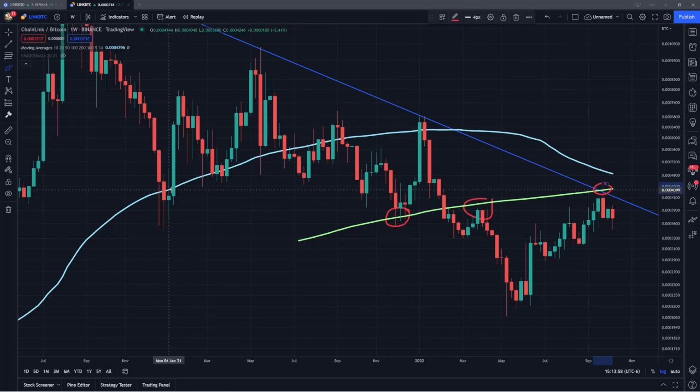You can see going all the way back here to 2021, Chainlink Bitcoin bounced off this level a few times, holding it as support in January and March, and then eventually losing it, breaking below it in June. So you can see that we basically had some consolidation under it, and then this move that we had bouncing off the 300-week came right up into the 200-week as our resistance. So this level is also going to be very important to watch out for.